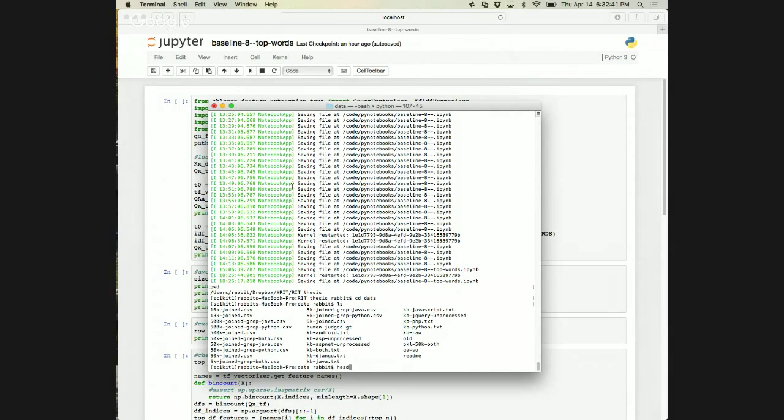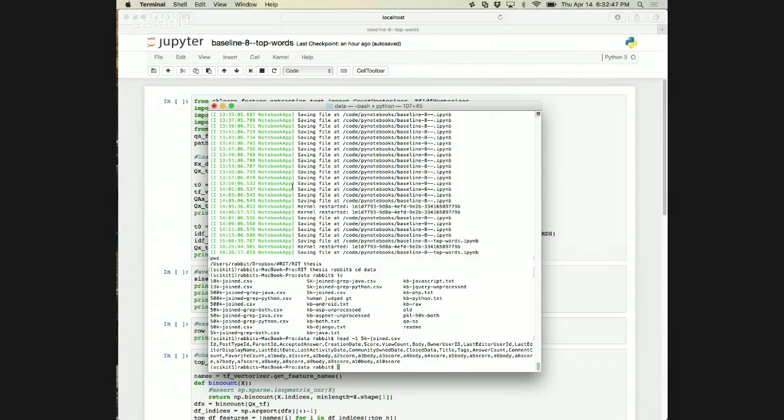So let me show the first line here. Yeah, take a look. There's a couple of things that were pretty much collected from a dump that Stack Overflow publishes from time to time, and